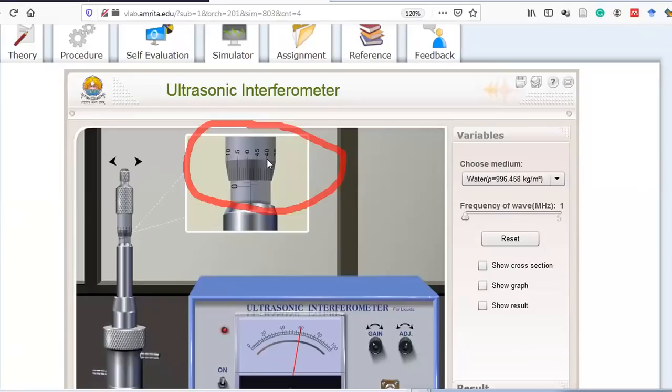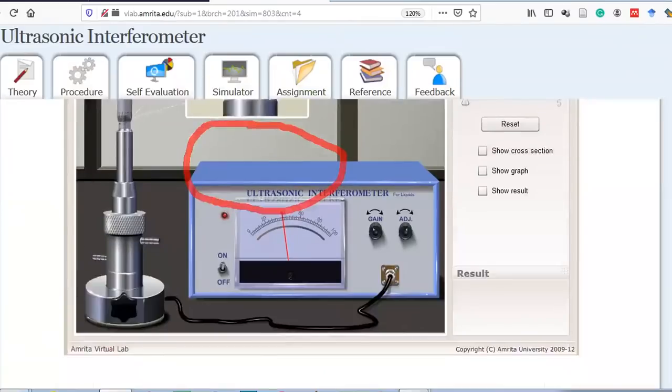Okay, the value of D, which you are interested in finding out for this experiment, because the velocity formula is 2df. So the D value you have to find from this. Okay, so this is how you note it down. Then again you move it further. This current scale, you see it is getting down. Then again you move it further. After 40, again it will return to the 60. The moment it returns to 60, at this moment again you have to note down the micrometer reading. So all such things you can note down further over here.